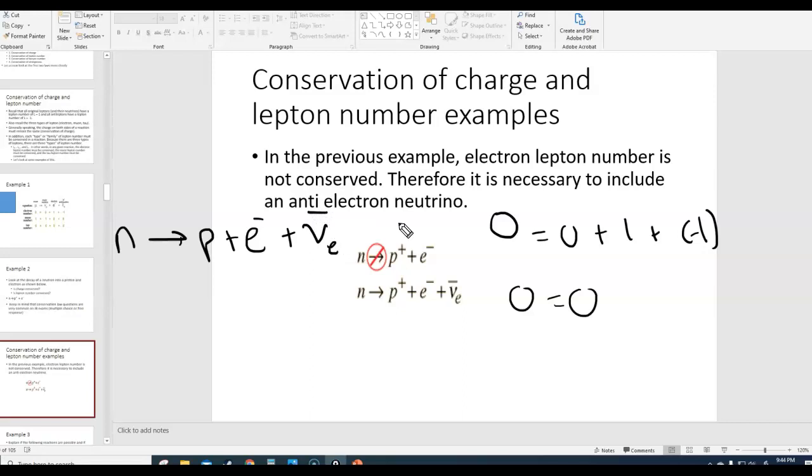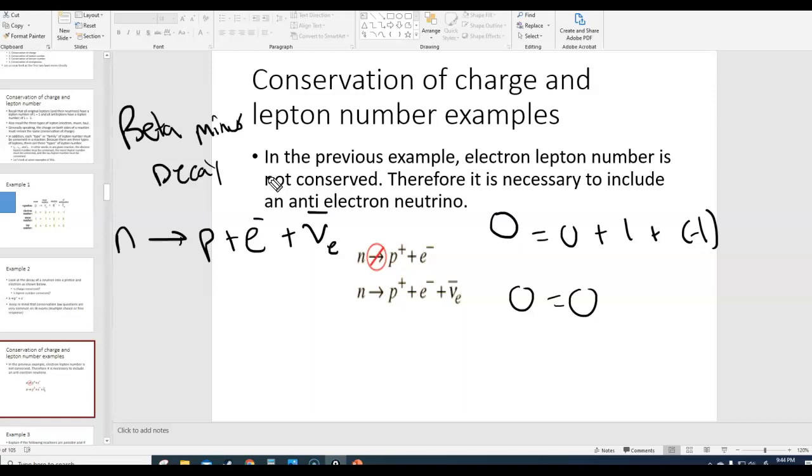And as we'll see later, this reaction is actually beta minus decay. Beta minus decay happens in a nucleus when you have too many neutrons, and one of the neutrons turns into a proton. Because it turns into a proton, in order to conserve charge, it also emits an electron at the same time. Then in order for lepton number to be conserved, it also emits an anti-electron neutrino. So this is actually a beta minus decay, a neutron turning into a proton.